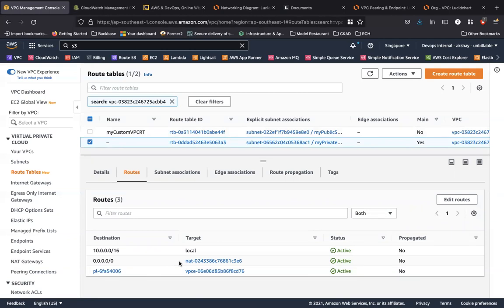So in a later lecture, when it comes to the EC2 service, we will take a look at how you launch an EC2 instance into this particular VPC and work with the VPC endpoint for accessing the S3 service, but you are doing that access through the VPC endpoint and you don't have an internet gateway or a NAT gateway in the picture. Okay, so I hope you get the idea as to how it works.